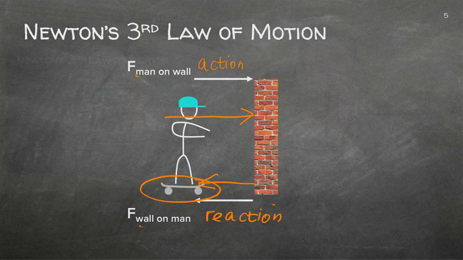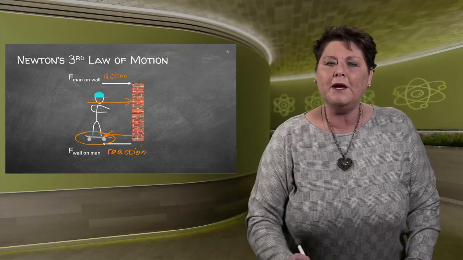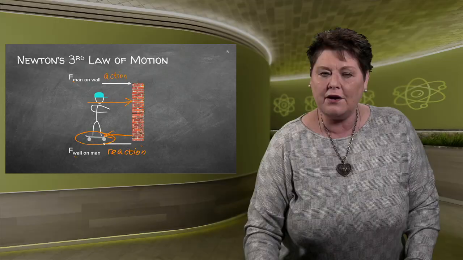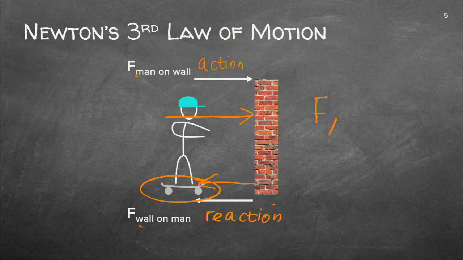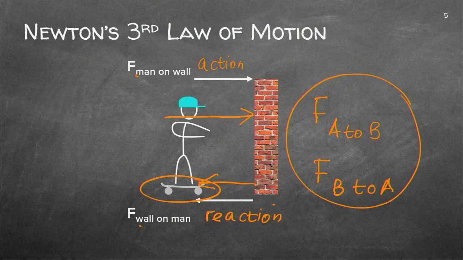Be careful that you do name the forces like that. You will be asked, give the pair, the action and reaction. So I would rather say it's from A to B and from B to A. That's the forces that you have. We can also find these in a vertical direction. So if I have a force exerted on the floor, it will also be the floor on the object. So it's the box on the floor and the floor on the box. Careful, from A to B, B to A, it's not a balanced force, so it will be moving.